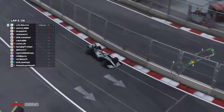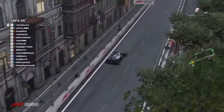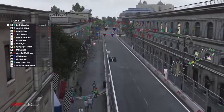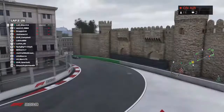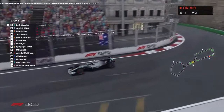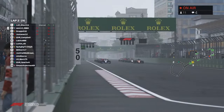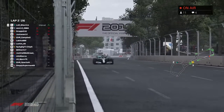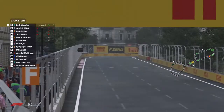Now this isn't the first time I've had issues on F1. In fact, it's the second time in about 2 weeks I've had issues on the F1 game. So it's a real shame. Maybe we'll have to have another lobby set up. Keeping an eye out on these drivers. It doesn't look like they're going anywhere for now. Maybe Morris's game thinks he's on a...